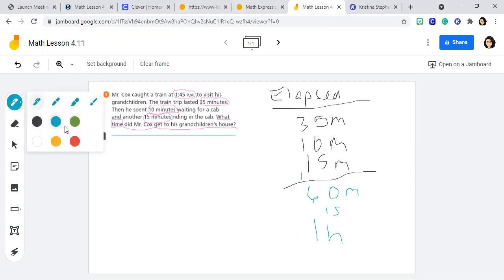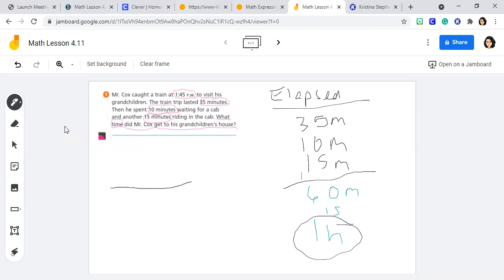So if I'm going to go back and think about from 1:45, what is the elapsed time? 1 hour. What is 1 hour after 1:45? There are a couple of different ways that you can do that. You can use a clock, you can use a number line. This one, I think you could use mental math, but I'm still going to use a number line here. So if I'm going from 1:45 and I'm jumping ahead 1 hour, 1 hour later is